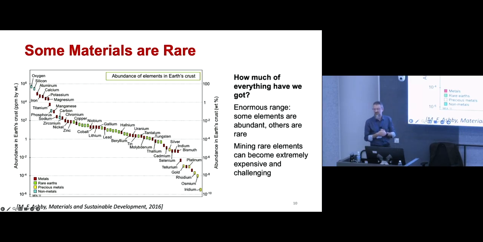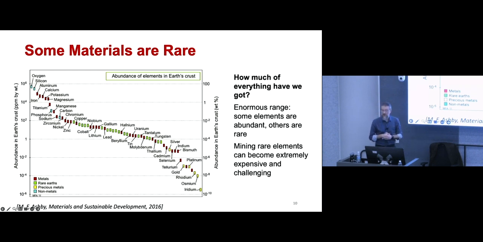Oxygen is at the top, luckily for us. And silicon is there too, which is also a key element for semiconductor manufacturing. But there are many materials that are much rarer on Earth. For example, at the bottom right, you can see gold, platinum, and so forth, other materials that we need to